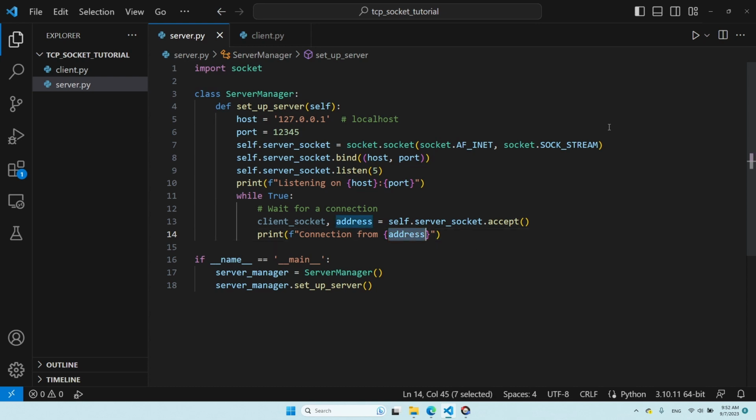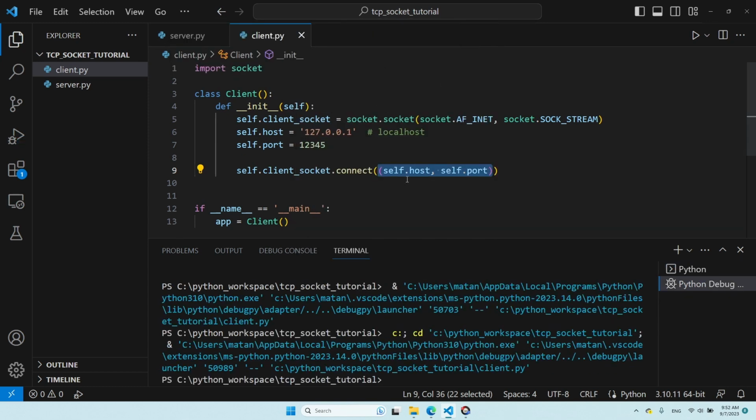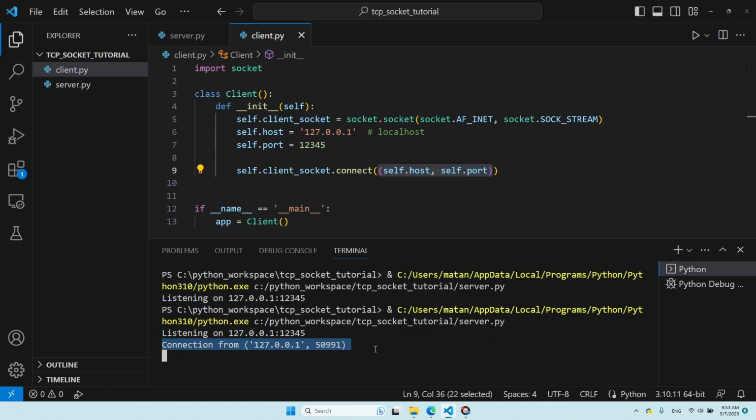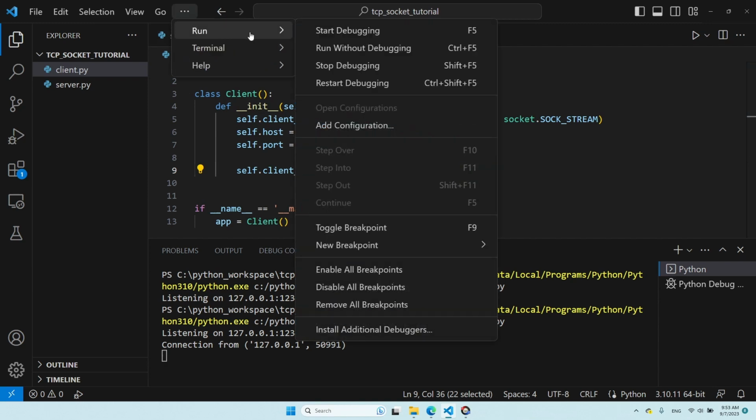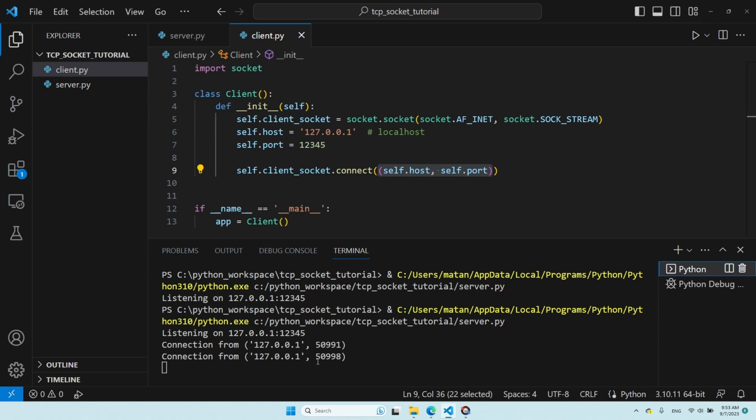So let's run our server, and let's now run the client, and this will create a new client and immediately connect to the server. And we can see that the client ran and exited. But if we look at the output from the server, we can see connection from, and here we can see the address of the client that just connected, and we can also see that the server is still running. It's still listening to additional clients to connect. So let's run an additional client. And if we look at the server again, we can see that another connection was made,